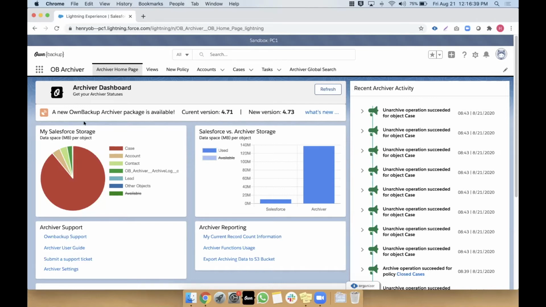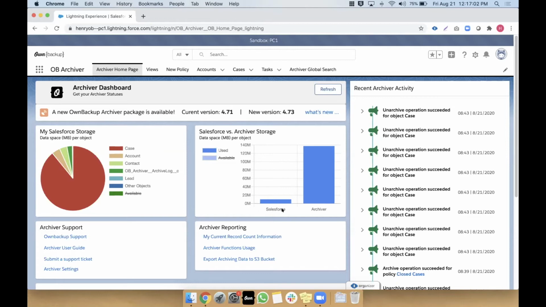First off, you can see your Salesforce storage. You can very clearly see on this graph that cases are taking up a majority of my storage in Salesforce. You can also see your Salesforce storage versus your Archiver storage here. You can see in this org that I've already significantly reduced my Salesforce storage usage simply by archiving data.